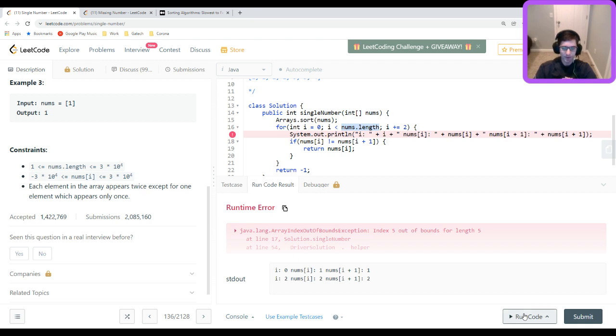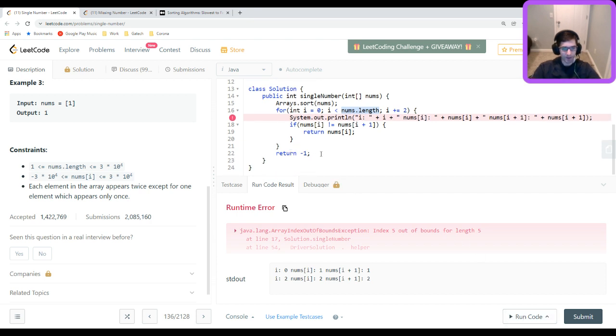So I think really here, in this case, I know that it's the last element. So I do need -1, and then